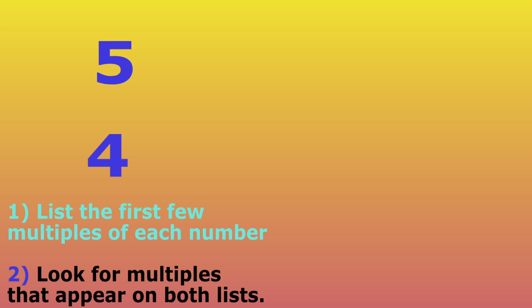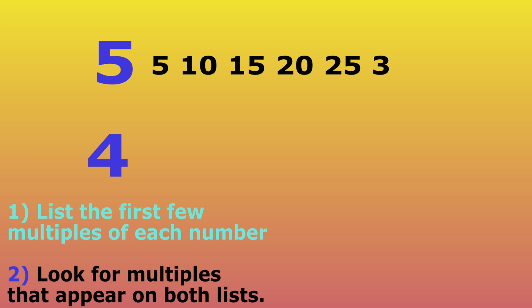The multiples of 5 are actually just the numbers that make up the 5 times table, which I'm assuming you're well aware of. So we have 5, 10, 15, 20, 25, 30, 35, 40. You can decide how many of these multiples you want to write, because there is no exact number required. Try not to make the lists too long though, because the longer you make the lists, the more likely you are to make a mistake.